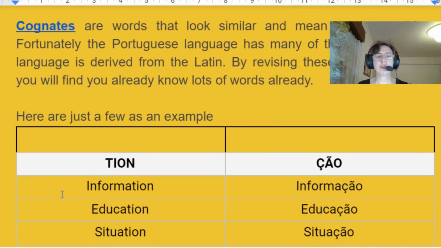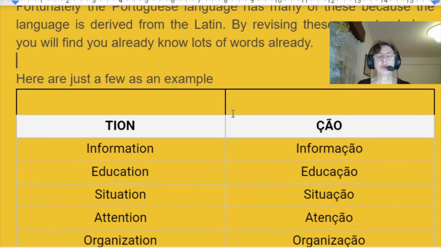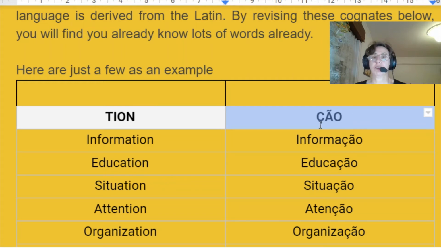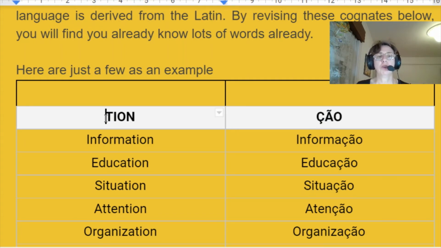So we're going to give you the translation, and I'm going to give you the way to pronounce it in Portuguese. If the word ends in T-I-O-N, it'll often end in ção in Portuguese. Now this is T-I-O-N, but we pronounce it shun. Information. You see, we don't actually say that I. And in Portuguese we say informação. So we've got information, informação, education, educação,